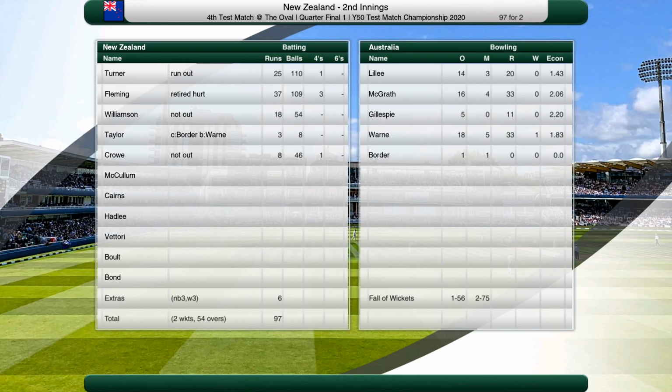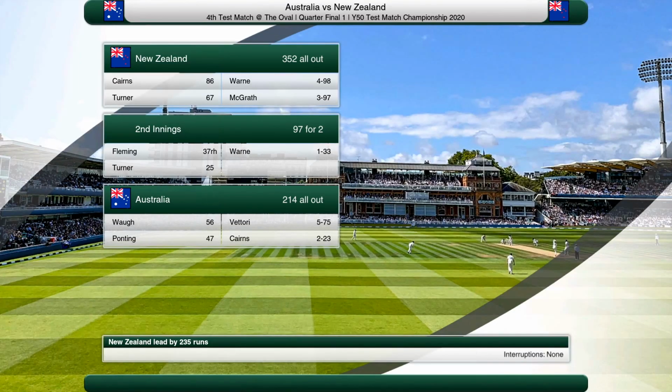For Australia, Shane Warne the only wicket taker, and he has bowled very well in this innings so far. And so with 2 days play remaining, New Zealand lead by 235 runs with 8 second innings wickets in hand, although that technically is 7 because Stephen Fleming will not be batting again. They are certainly in the driving seat in this test match. Australia have their work cut out ahead of them if they want to avoid